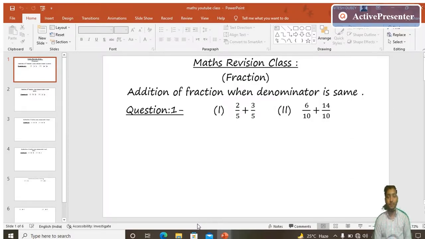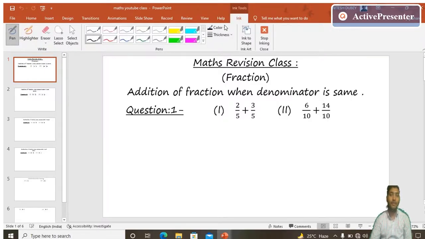We will learn addition of fraction when the denominator is the same. This is the first type of question, and we will learn how to add the fraction when the denominator is not the same. So in this case we are going to learn about the addition of fraction when the denominator is the same. Okay, so as you can see in question first,